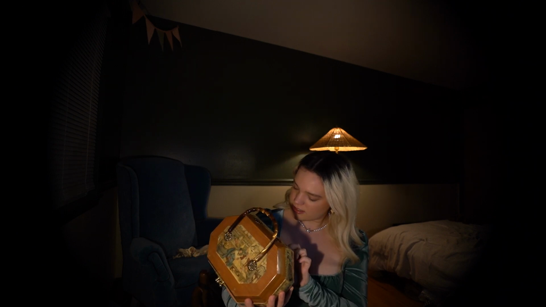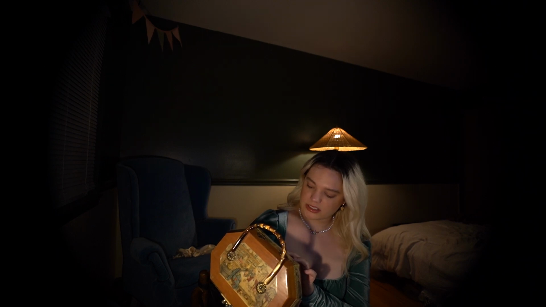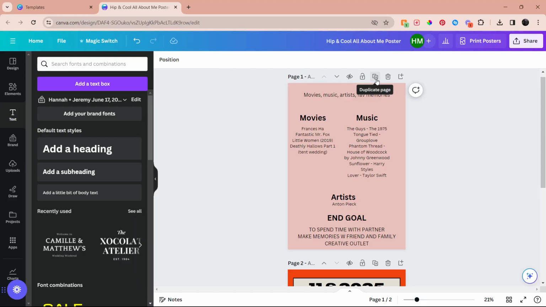I brought it home and showed my grandma, and she was like, I had that purse. And yeah, I'm just obsessed with it. The artist's name is Anton Payik, or Peck. It looks like Payik, but I think it's also cool to pull from clothing that you really love. For my own wedding, I took my favorite sweater and color swatched it, and I used that to create the color palette for my wedding. So really, inspiration can come from anywhere. Anton Payik, why not?